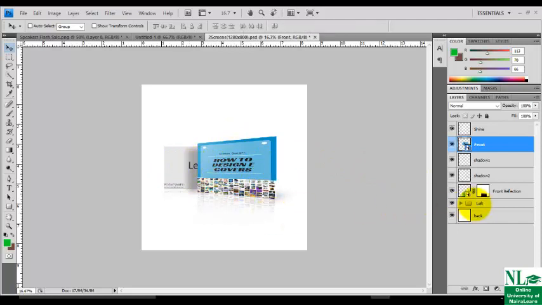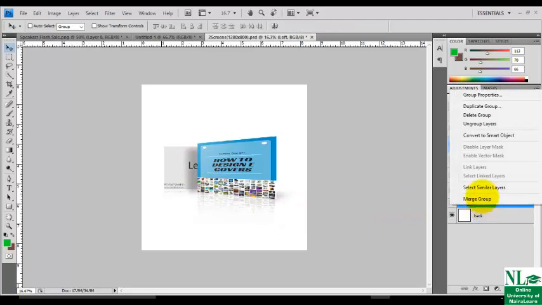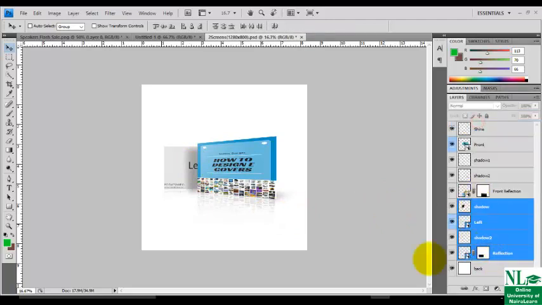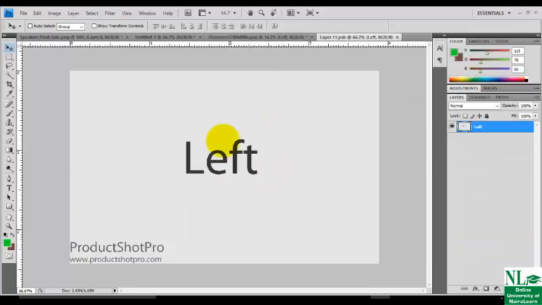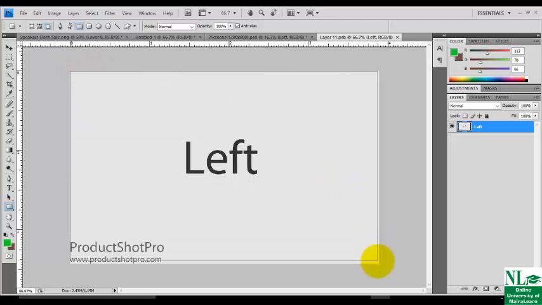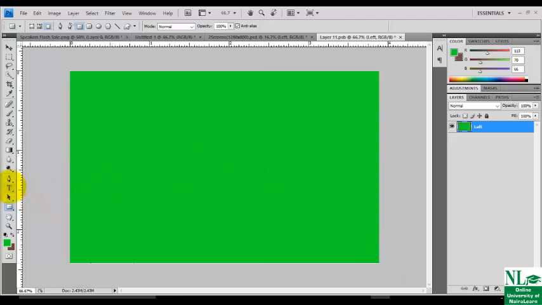Then the second one, which is the left, click on the folder, right click, then click on what? On group layer. Then click on the layer item, then click on edit content, click OK. Let's just fill up this thing with color, no time. So pick your rectangular tool, fill it up with color. If you need a text, pick your text tool. Okay, you can also create a layer to separate the text layer from the background layer.